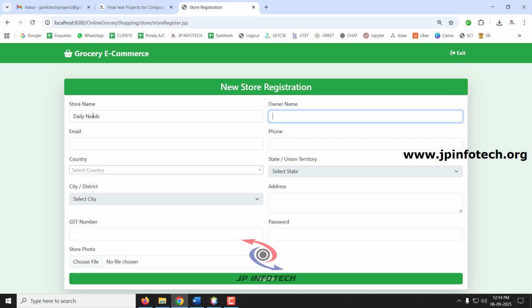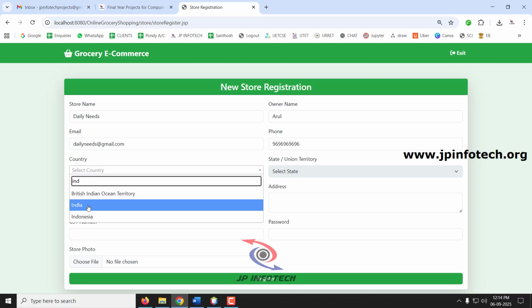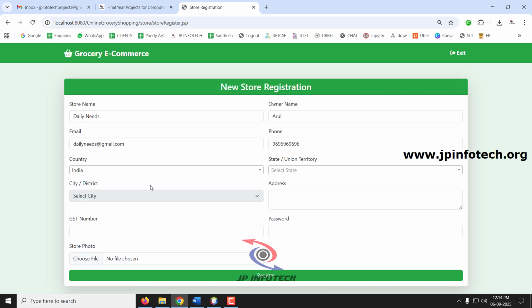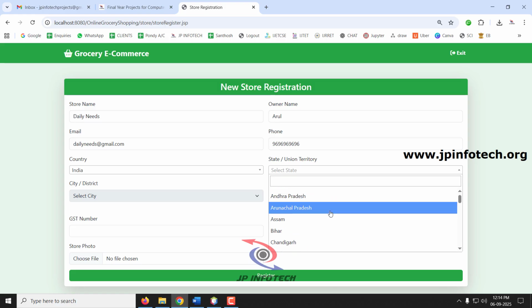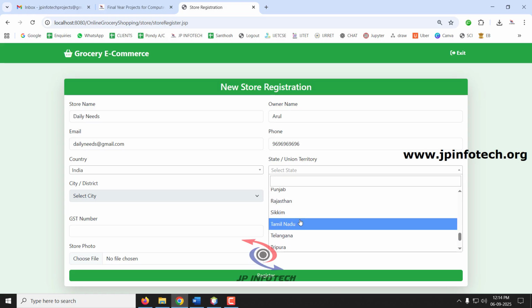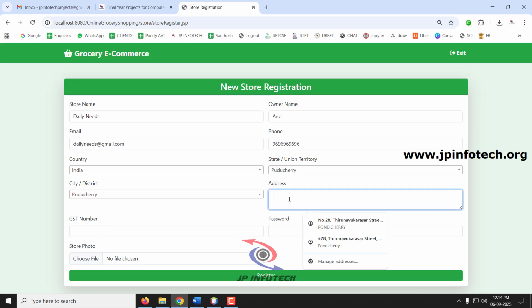The owner name, you can give any owner name, email ID dailyneeds@gmail.com, phone number, and you can select the country here. You can just type it so that you can get the required country. You can see the states that are available here. Let me select Puducherry, and let me select the district as Puducherry, and you can enter the address of the store,